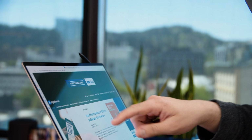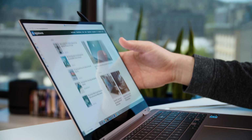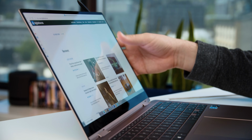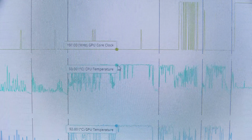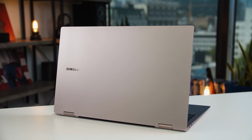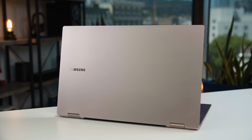Yeah, 16:9 isn't preferred, but all in all, the Galaxy Book Pro 360 is a fine work computer, and it actually surprised me a bit in terms of performance. Samsung pushes the components pretty hard, and the internal temps do get a little high. But remember, this is a standard Intel 11th Gen U processor. Mine had the Core i7-1165G7, which only has 4 cores and 8 threads. And while we're talking about it, my config also came with 16 gigabytes of RAM and the Intel Xe integrated